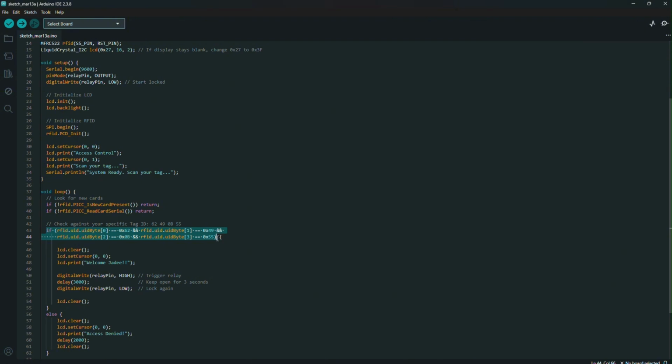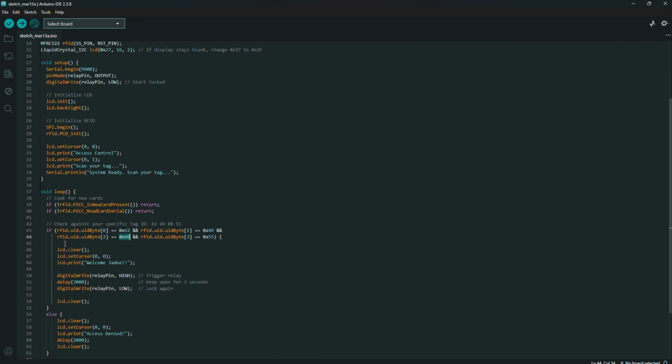So basically if this condition is true, so the card that was near the reader is valid, so authorized, because a card ID should have 62 0B 49 and 55.